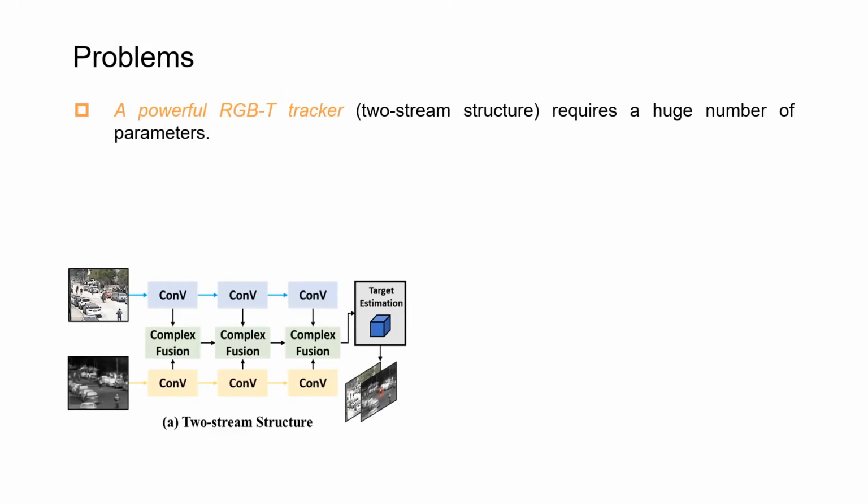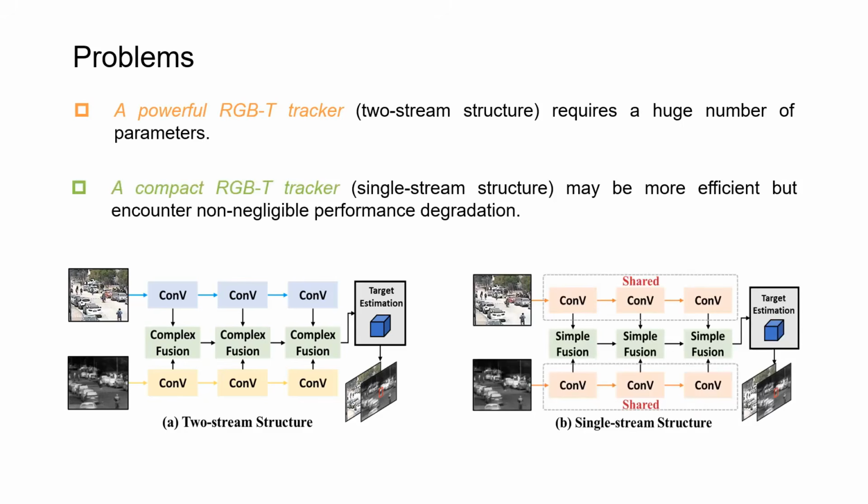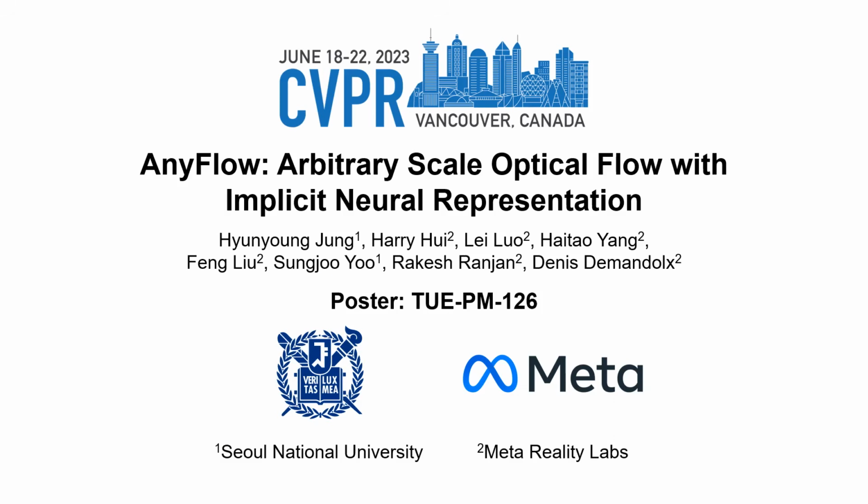Most existing RGBT tracking models first adopt a two-stream structure to extract multi-level unimodal RGB and thermal features respectively. Then they employ elaborately designed multimodal feature fusion modules to exploit complementary information within multimodal data. We call such a tracker a powerful RGBT tracker, but these powerful RGBT tracking models usually require high computational costs and large model sizes. Differently, a compact RGBT tracker